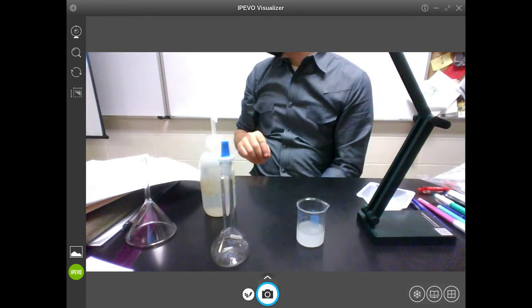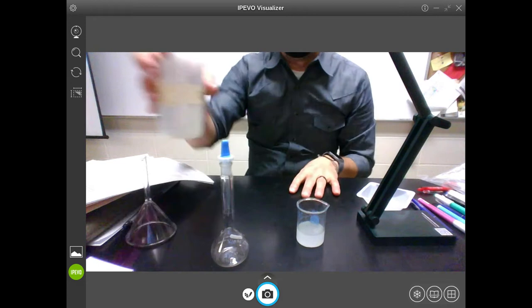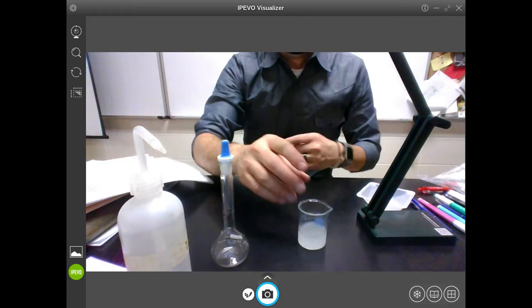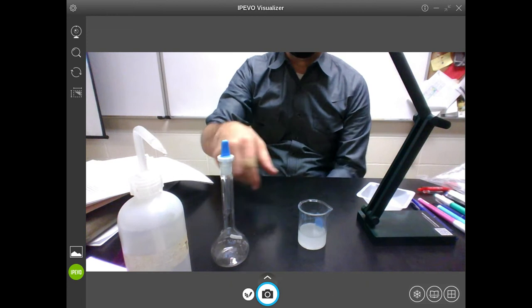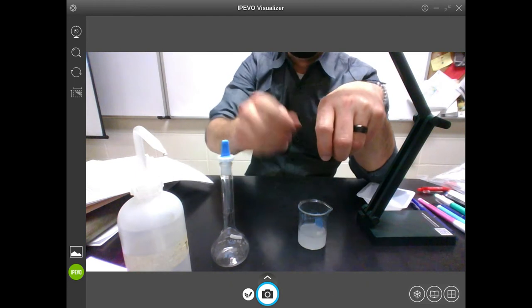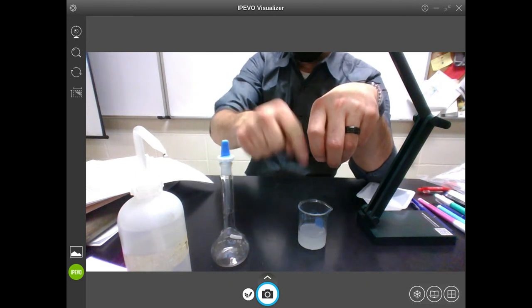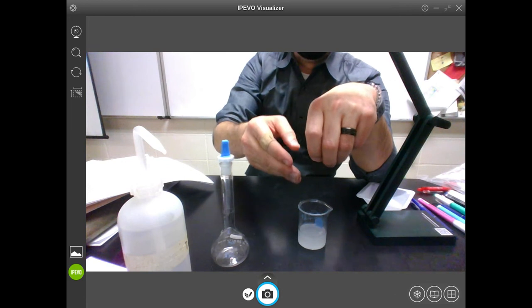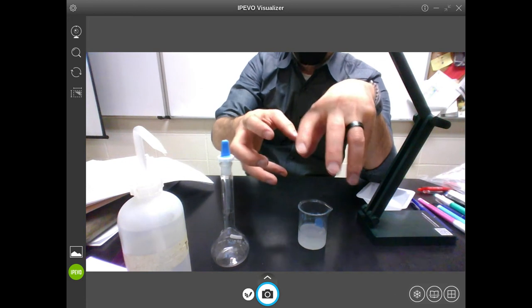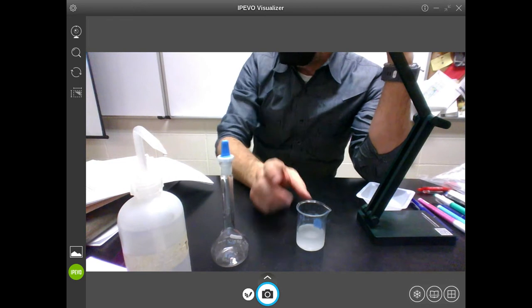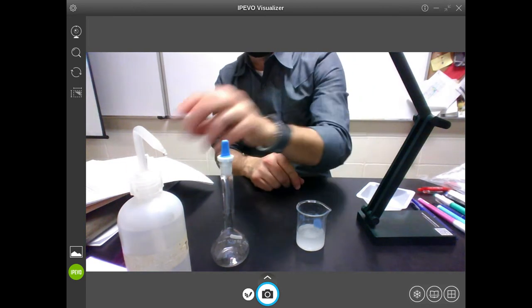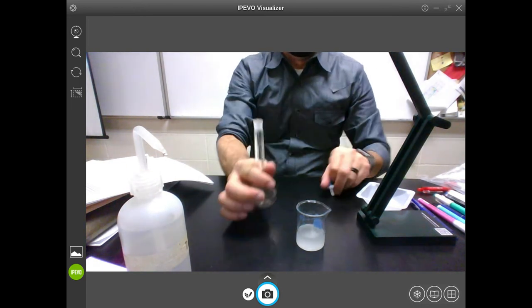So you're going to add water and get it all dissolved. You can use a stirring rod to help dissolve it. If you use a stirring rod, you've got to make sure that when you take the stirring rod out, you rinse the stirring rod into the beaker, so that any part of the solution that's on there doesn't get stuck on the stirring rod. Okay. So once you get it like that, then you're going to transfer the